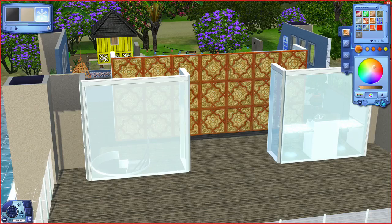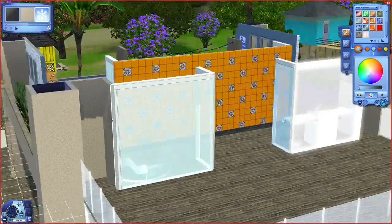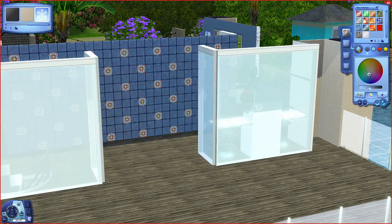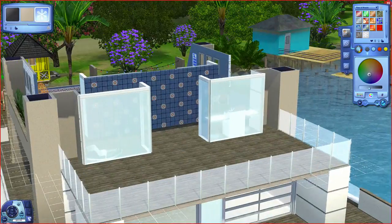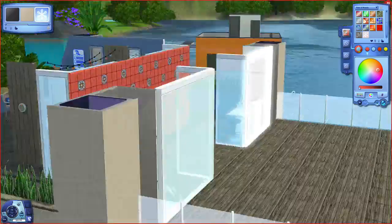And here we are working on the other side of the wall. It was interesting to receive quite a few comments saying to change the other side of the wall, because I probably wouldn't have without having read those comments, but I think it's fun because it changes, I guess, it really separates the idea of where the dining kitchen area is to this area where the stairs are that opens up onto the front deck,